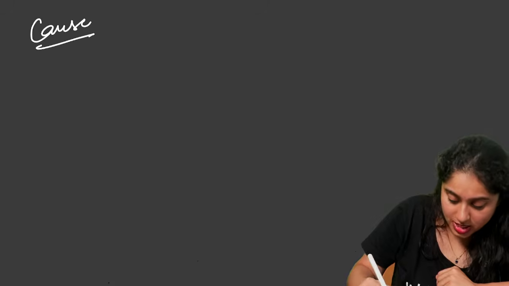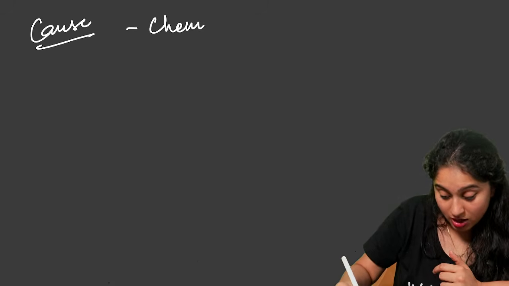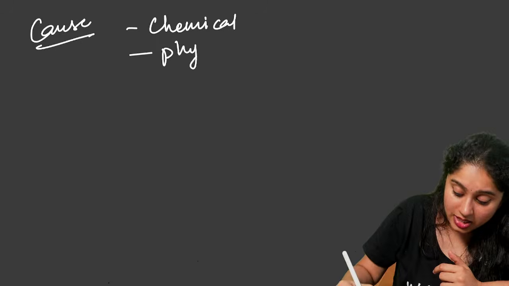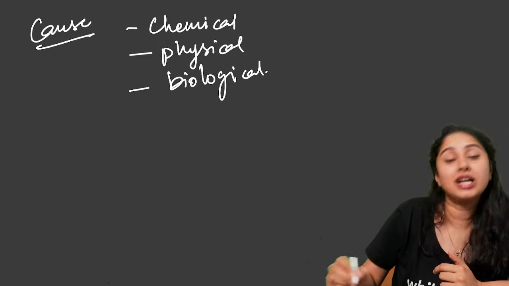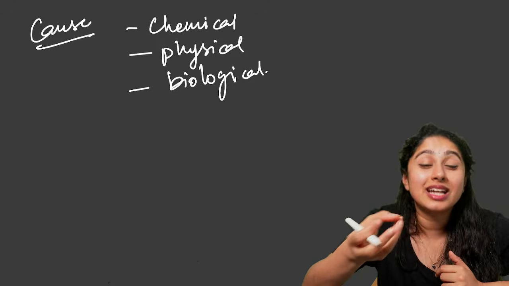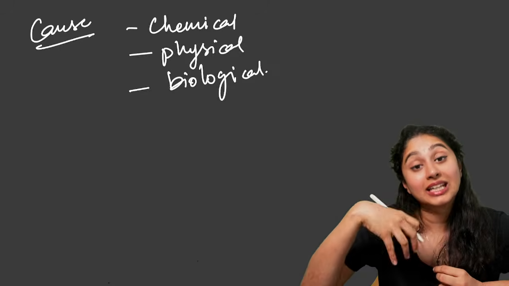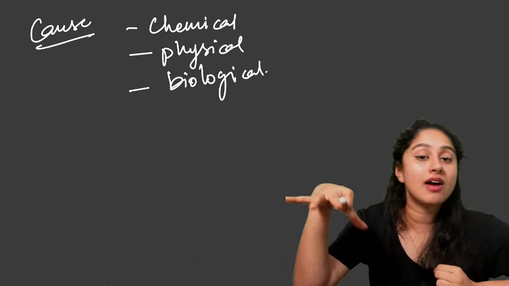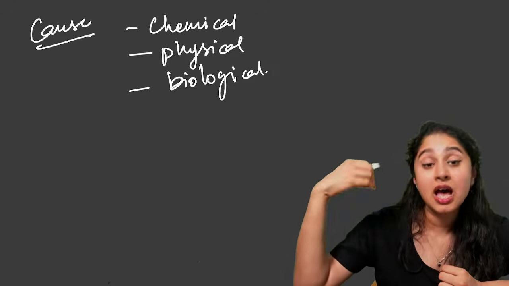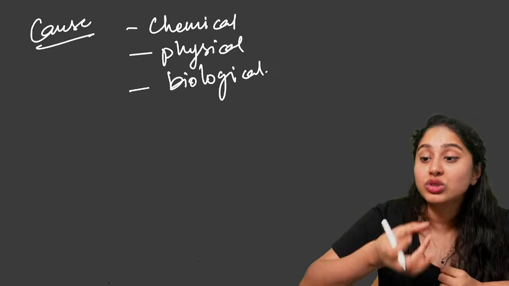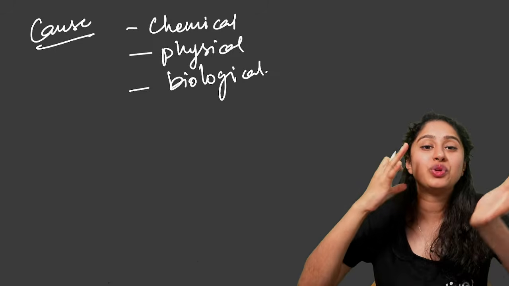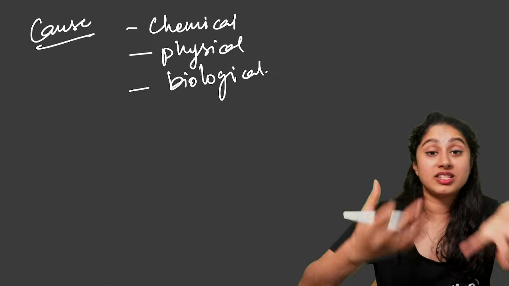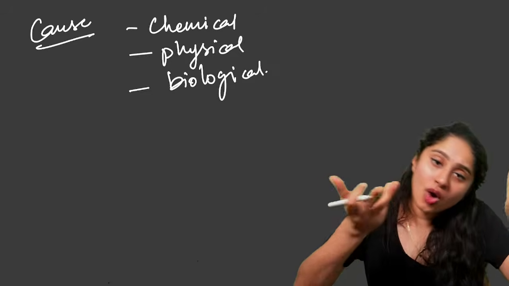Now if you look at the cause for cancer, it can be a chemical carcinogen, it can be a physical carcinogen like radiations, it can also be biological carcinogens like certain viruses that will activate, or certain factors that can activate the genes in our body. All of us have oncogenes, all of us have cancerous genes, but just that they are switched off. If you eat too much of carcinogenic chemicals in your food, if you are exposed to too much of these carcinogens and you activate these genes, obviously you will get cancer.